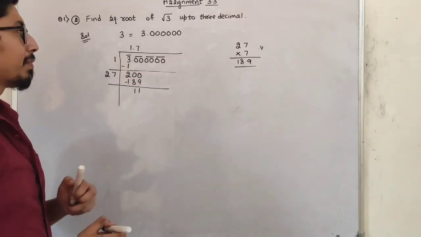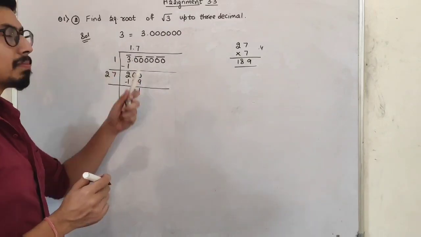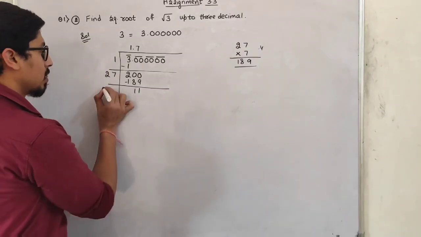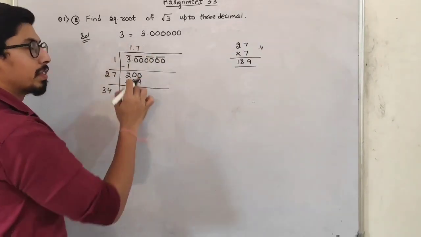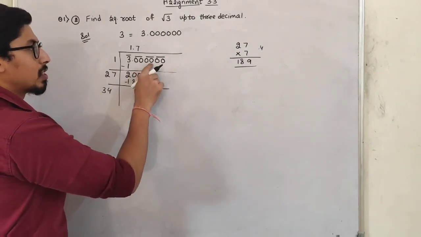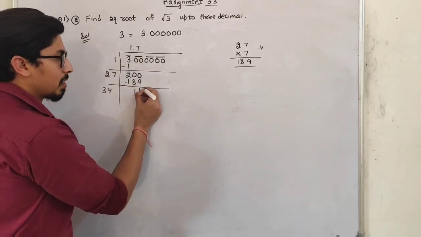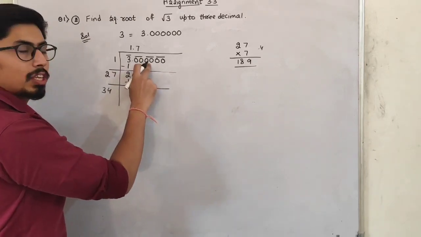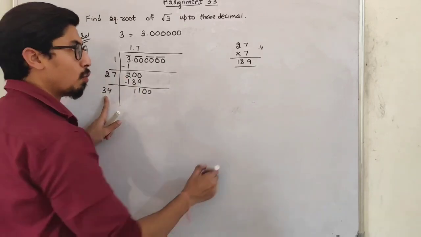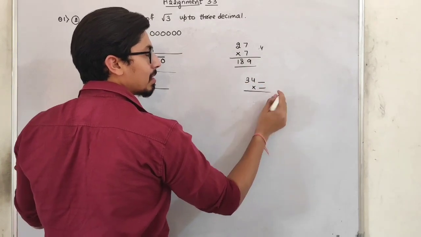Okay students, now what we will take is, we will take this number without decimal. So without decimal it will be 17. So just double it. So double of 17 is 34. So double of this 17 is 34. Okay. And just take these next zeros. Here I will write just these zeros next to this 11. So now I will be taking this 34 and a digit and multiply it by same digit.